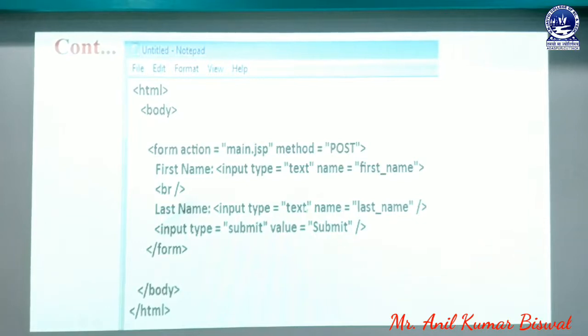Then that text box must be uniquely identified at the time of analysis through our JSP page. That's how we take the help of another attribute named name. The name must contain a value or parameter which is unique in nature, named last name.